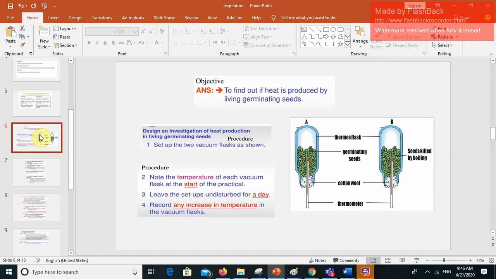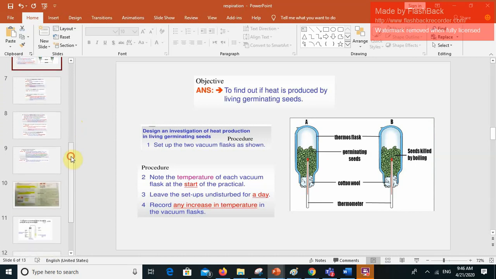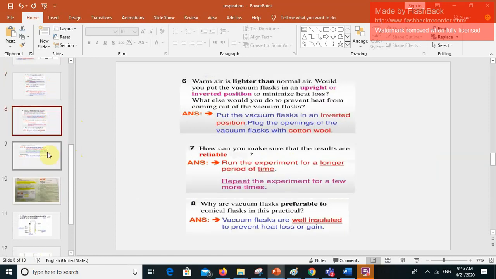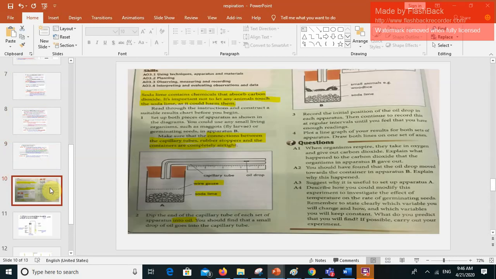So I described every single point in this investigation yesterday. Make sure you got all the points. If you have anything, just ask me. Here are the main points and the main questions that you should know about this investigation. Everything is illustrated. Okay, now let's go to the other investigation,